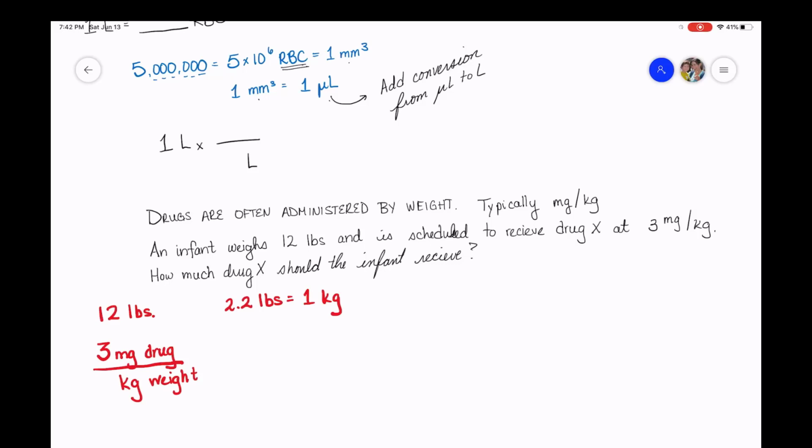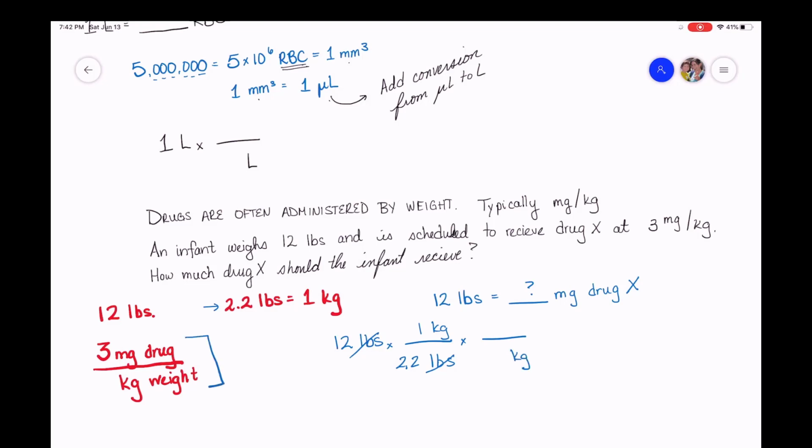Now again, part of it is setting the question up correctly. What we're really interested in is if somebody is 12 pounds, how many milligrams of that particular drug are they going to get? Okay, so let's go ahead and start our problem by 12 pounds, multiplication sign line, pounds go at the bottom. We're going to use the conversion that has pounds in it, and that's the one marked by the blue arrow. So we'll put 2.2 at the bottom, 1 kilogram at the top. Pounds cancel out, and I'm in kilograms, but I don't want kilograms, I want mgs. So I'm going to put kilograms at the bottom,